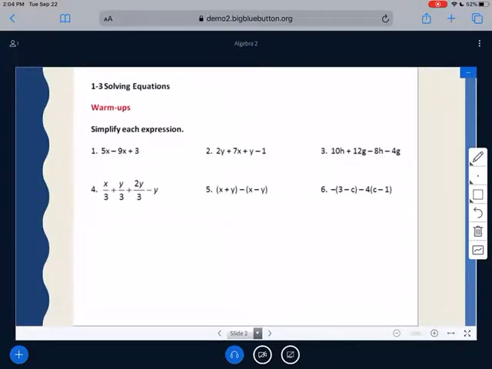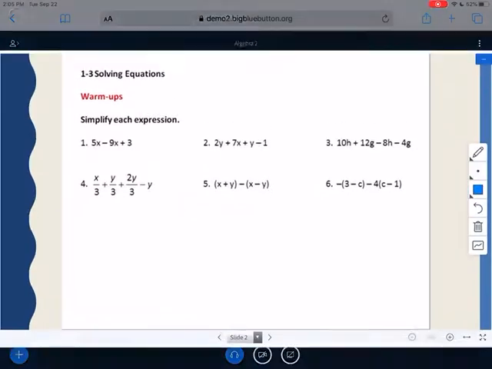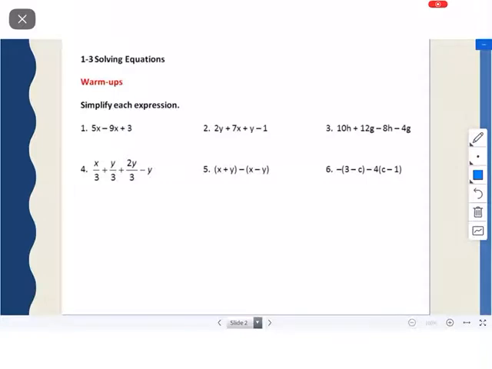In order to solve equations, we need to simplify each expression. In order to simplify each expression, we need to be able to combine like terms. So the first thing we're going to do is combine like terms to get these down to a nice and